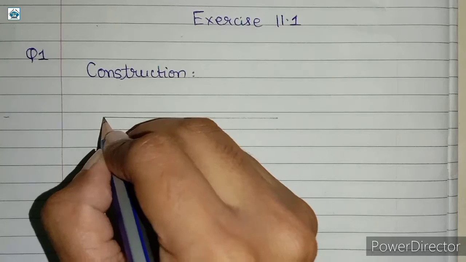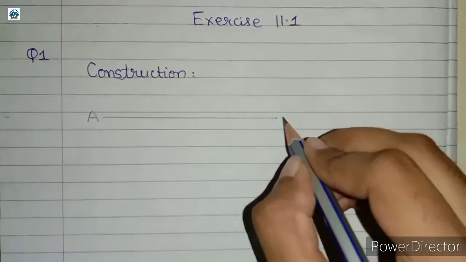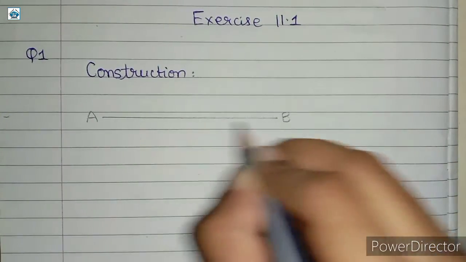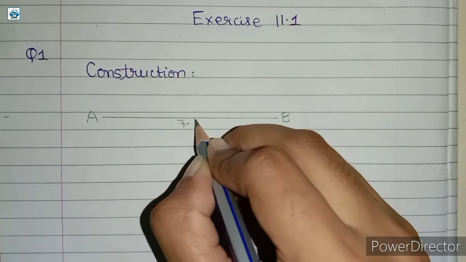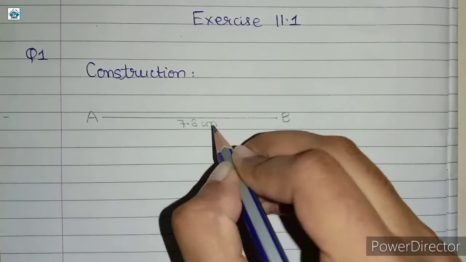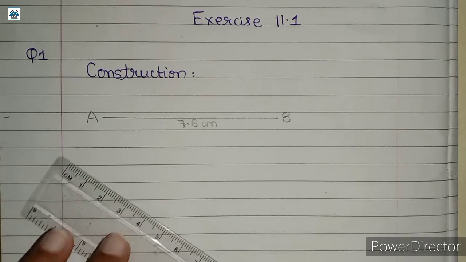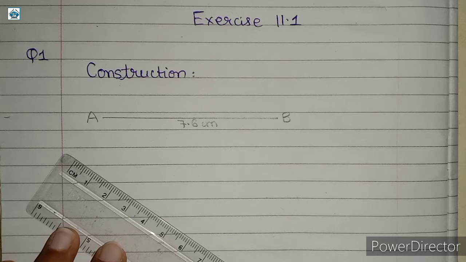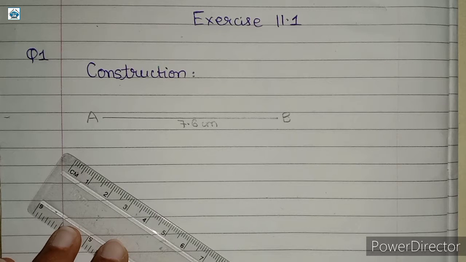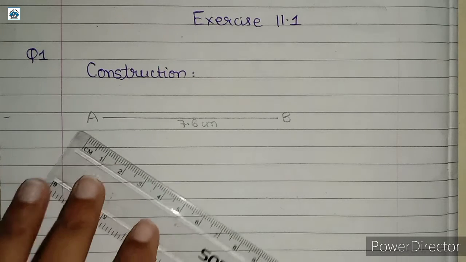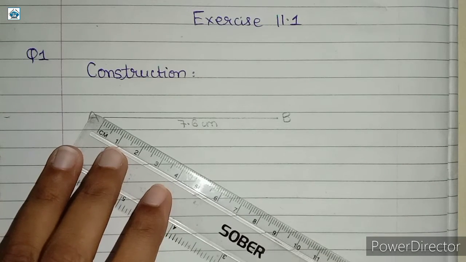And here, let us name this AB. So AB is a line segment that measures 7.6 centimeter. This is the first step. After that, you need to draw a ray, say AX, making an acute angle with AB. Acute angle means an angle that measures less than 90 degree and more than 0 degree. So here, like so,